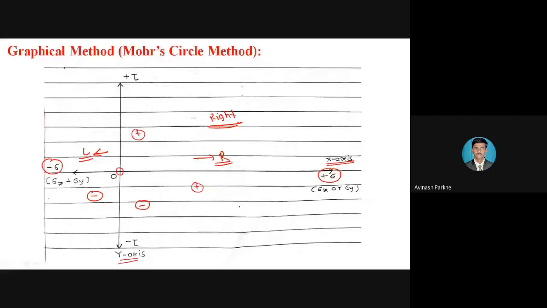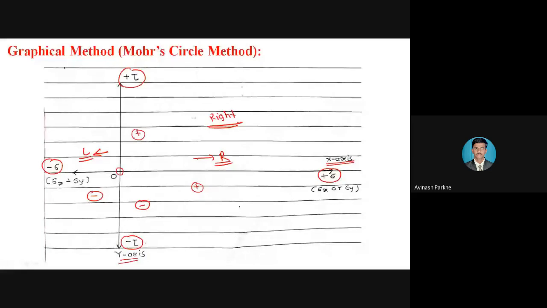Similarly, the top side of the origin represents the positive shear stress. Therefore, plus tau is written at the top side, as you can see in the figure. If the shear stress is given negative, it is represented at the bottom side, therefore minus tau is at the bottom. How the shear stress is positive or negative, related to the sign conventions, we have discussed in case number 3. The shear stress is given in figure A, and as per figure B, we have to take that shear stress as positive or negative. That we have to identify by using the stress distribution diagram.